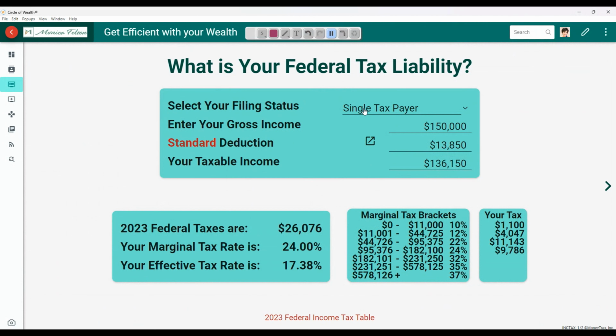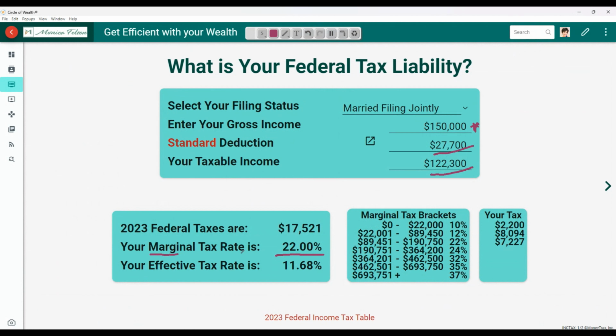Now, in this example, this is a single taxpayer, but I can change that to be married filing jointly. I get a higher standard deduction, right? So my taxable income reduces to $122,300. But if my situation looked like this and I was making $150,000, I am now in a